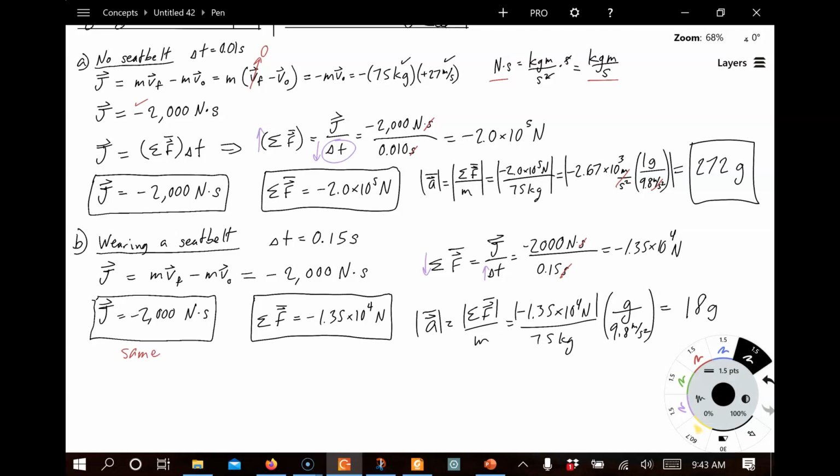And so we can compare these as well. A g is an acceleration of gravity, right? And if you have a lot of g's, that can cause you to be really injured. Lower g's is better. So we can see certainly that much safer here is the seatbelt compared to no seatbelt, right? And it all comes down to this trade-off that I was talking about earlier between the time of the collision, the time during which the impulse is delivered, and the average net force, right? If you can increase the time, the average net force goes